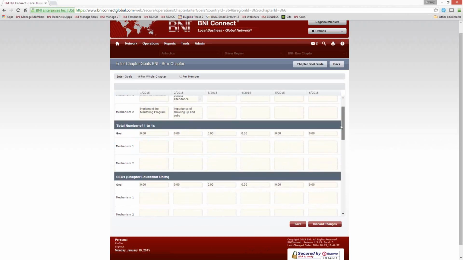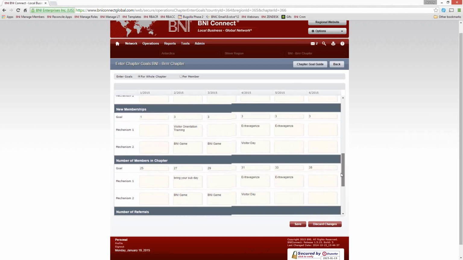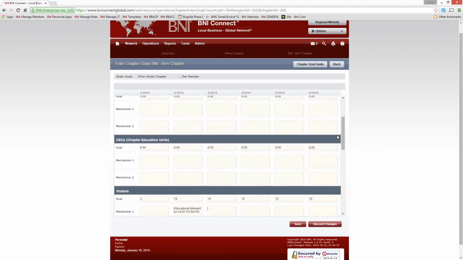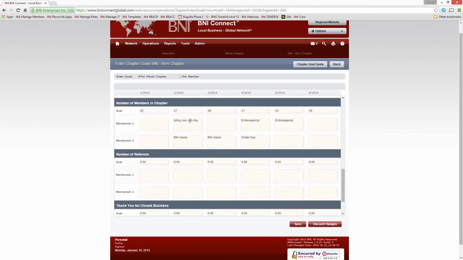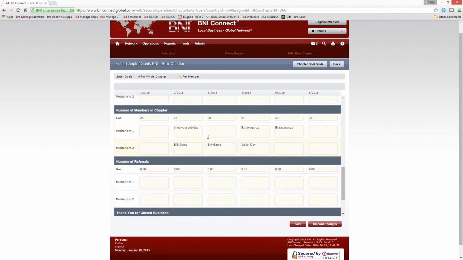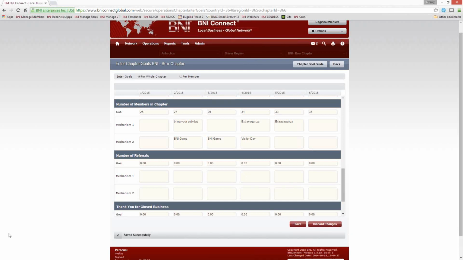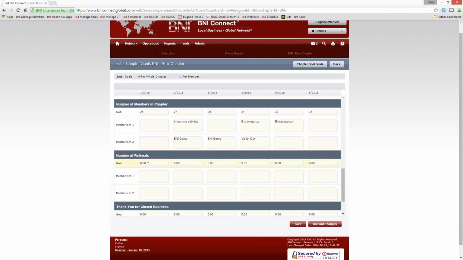Now, for a lot of these goals, CEUs, total number of one-to-ones, and number of referrals, in my mind, those 3 goals tend to be very similar. And again, we can base these on the number of members in the chapter as well. So, for example, I'm going to start down here with number of referrals, just because I like to jump around a lot, keep things interesting. We know that for our chapter, our goal for our members is that we want to be producing at least 1 referral per week per member.